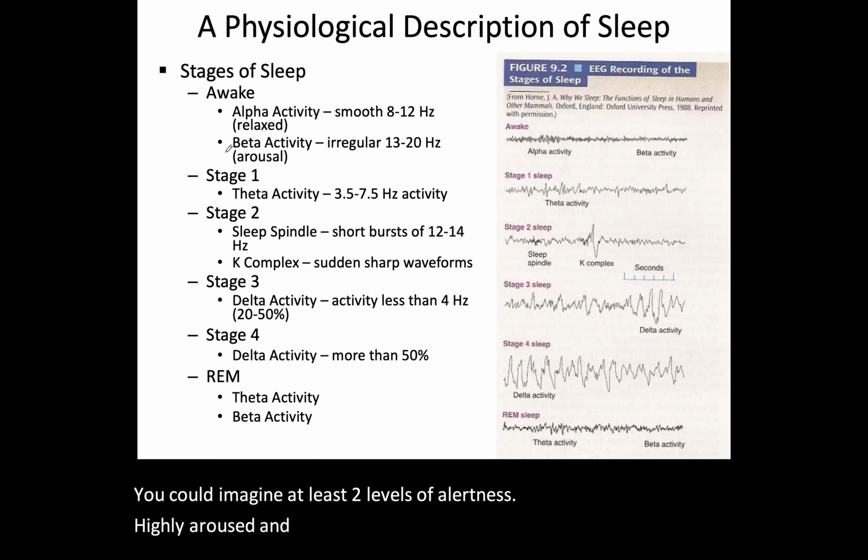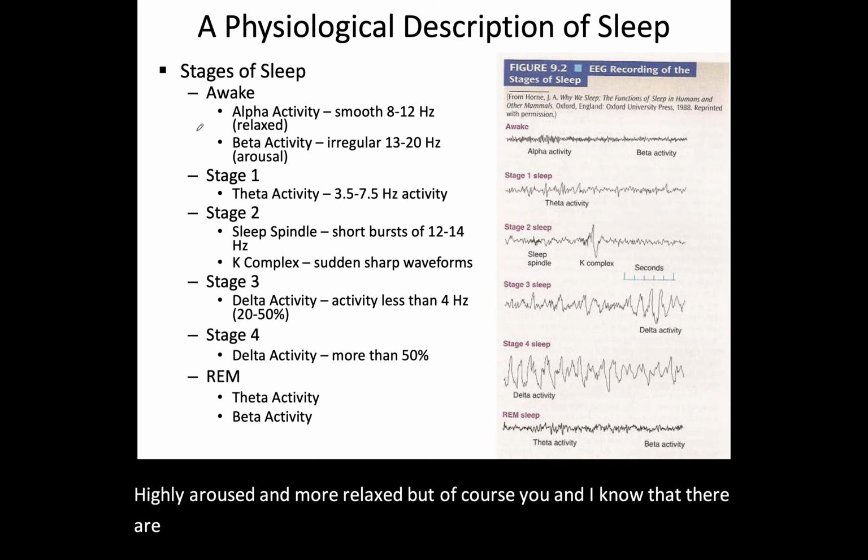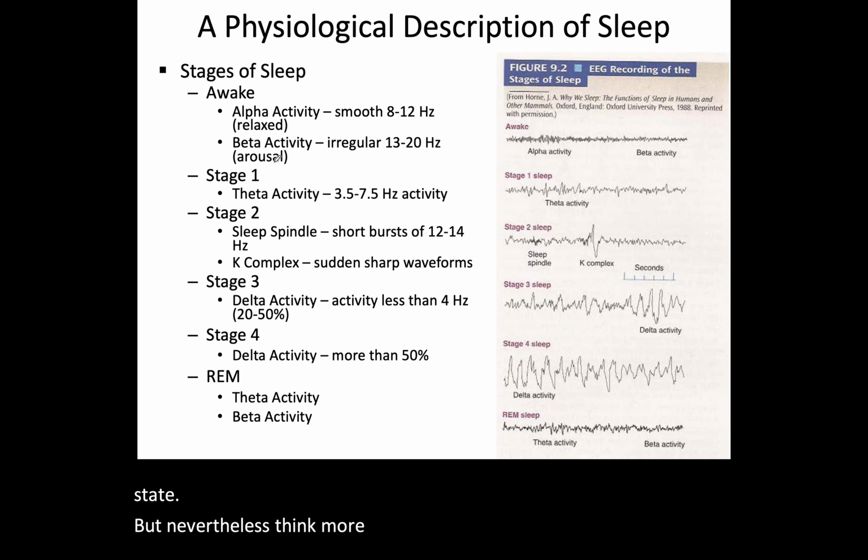But of course, you and I know that there are many levels, and it's a continuum rather than a categorical state. But nevertheless, the more aroused mode that we get into, that causes irregular